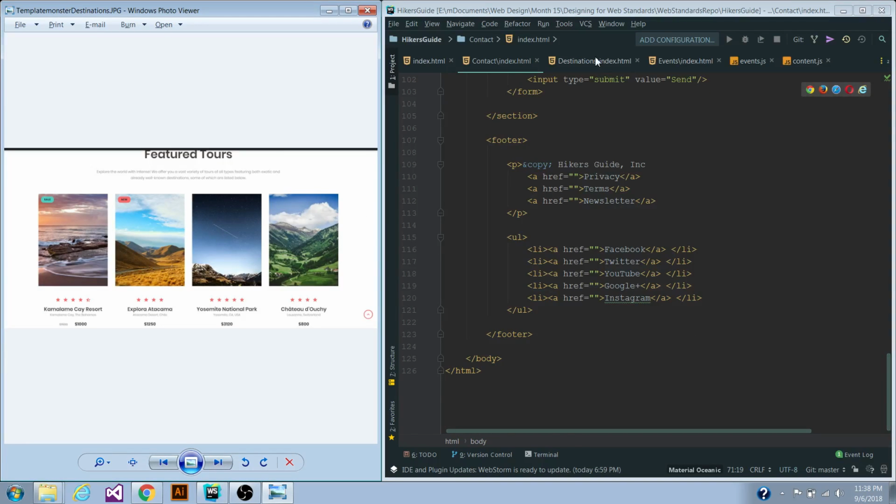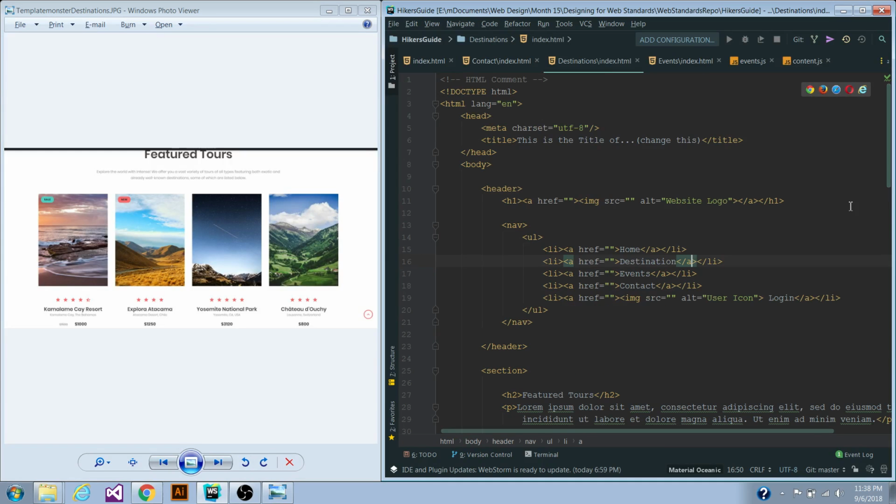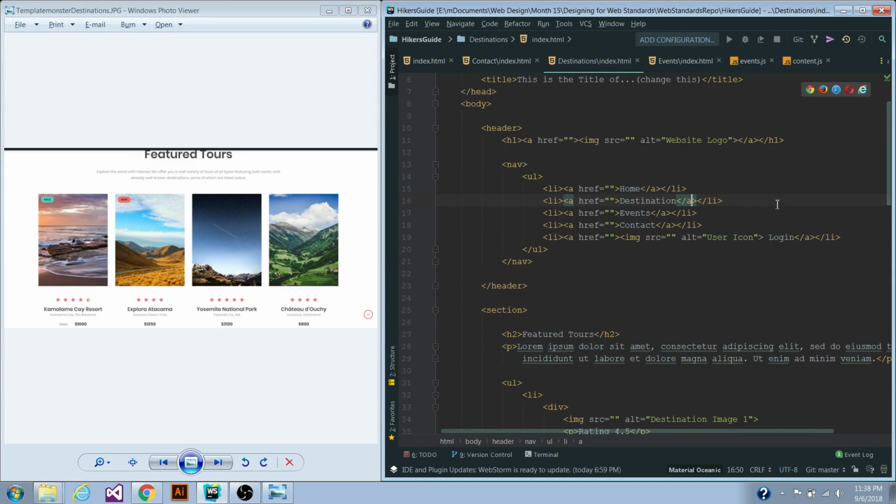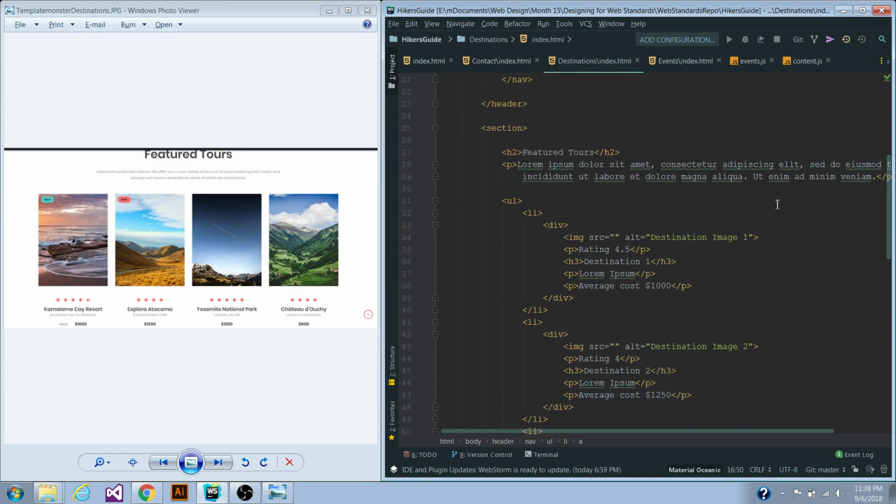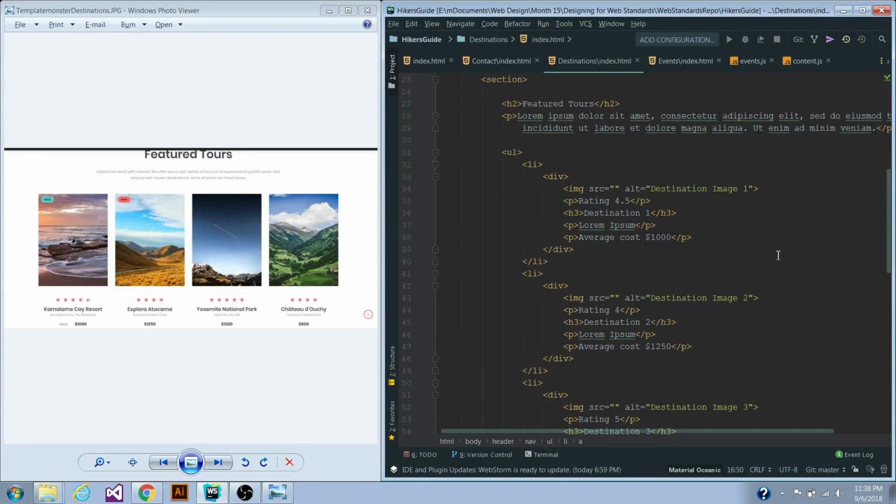Next would be destination. So header as usual. I sectioned off this main body with the heading featured tours, a description of what they're going to see, and then I put everything in an unordered list, and each list item is actually a div